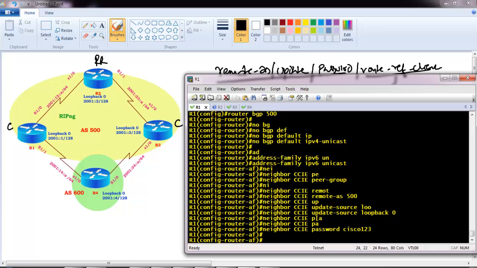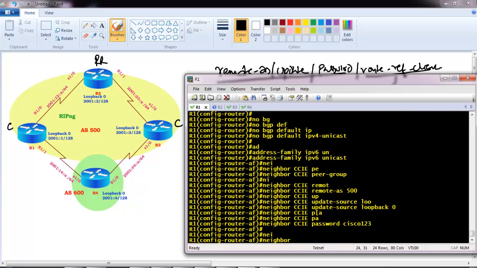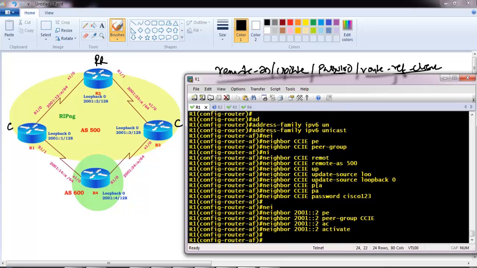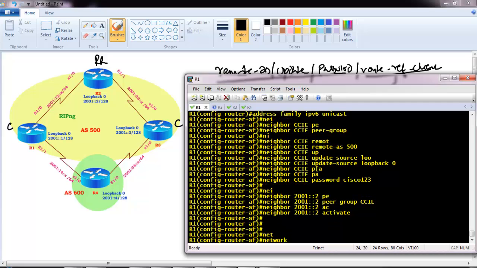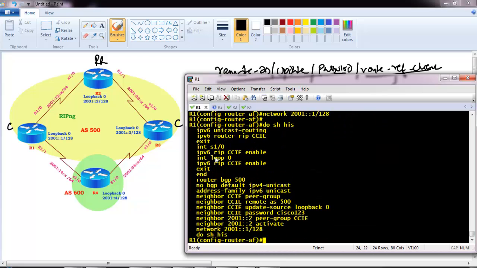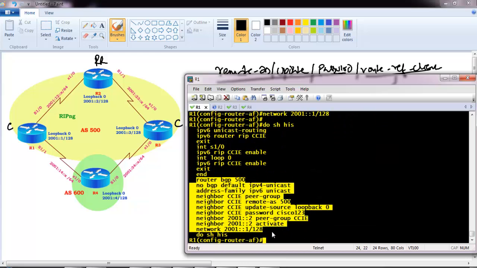And then I need to enable this for 2001::2. I need to say peer group CCI, and then activate. So we are activating that specific neighbor and applying the peer group on that neighbor, and then the network command advertising 2001::1/128. Done.